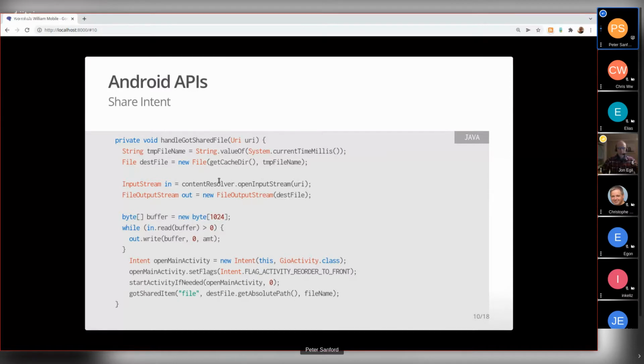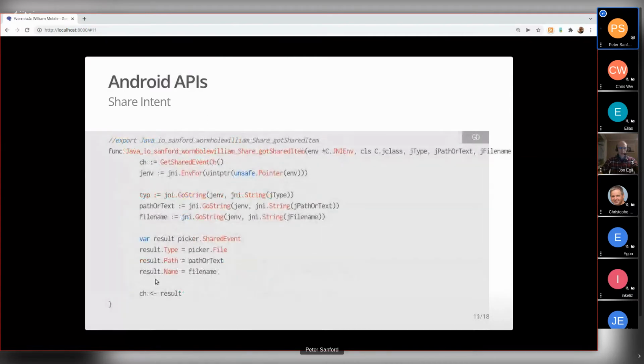So then we open a file in the cache, and we copy that stream to that cache directory file, and then we make sure that our main activity is running, and call this got shared item method, which is a call into Cgo to hook into our actual application.